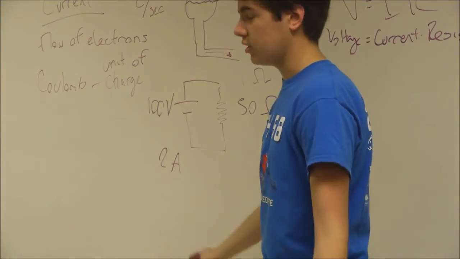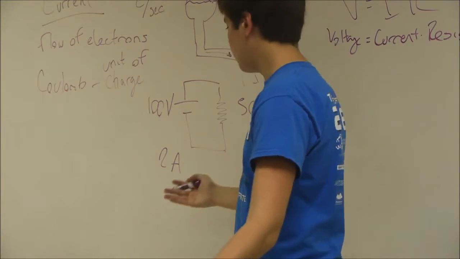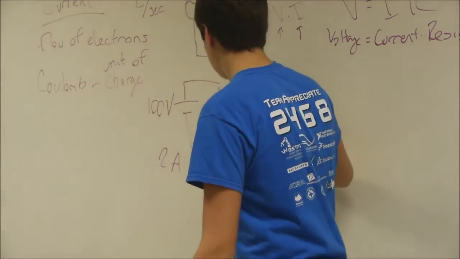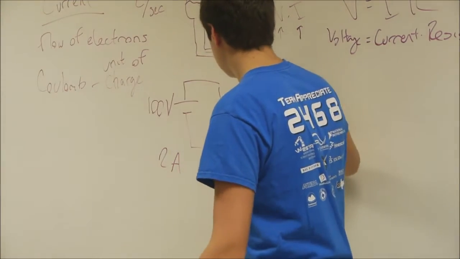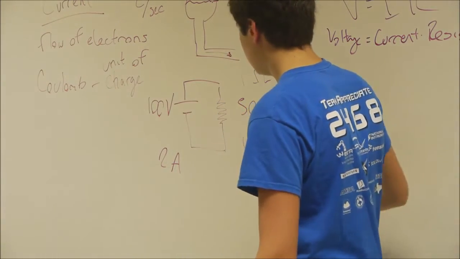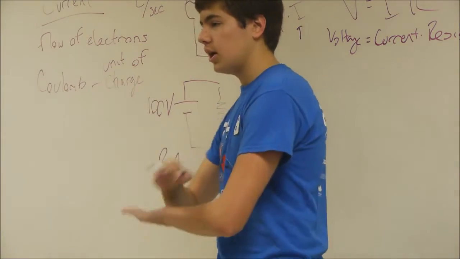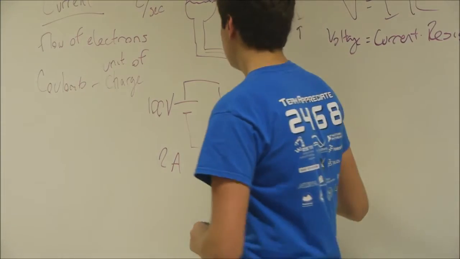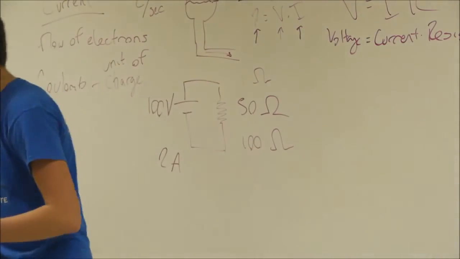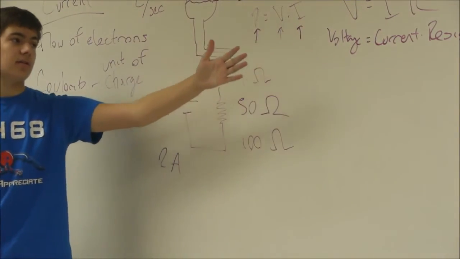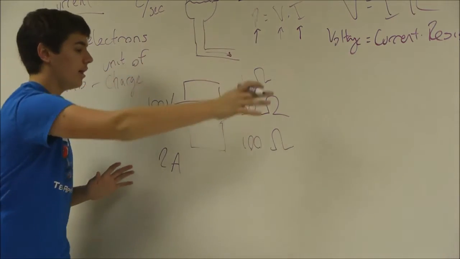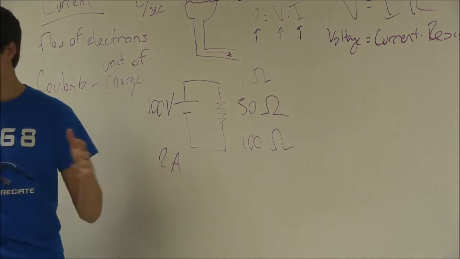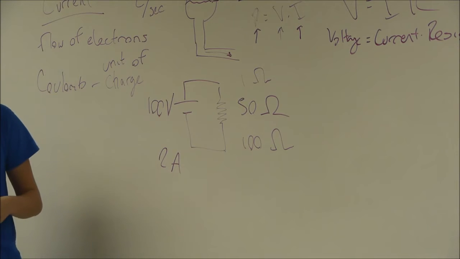So you'll get a larger current, right? 100 amps or something. And if I make it harder to go through with a resistor of 100 ohms, I'm going to get 1 amp. So a lesser rate of flow. And you can kind of get a sense of why that is using an example like this. So any questions about